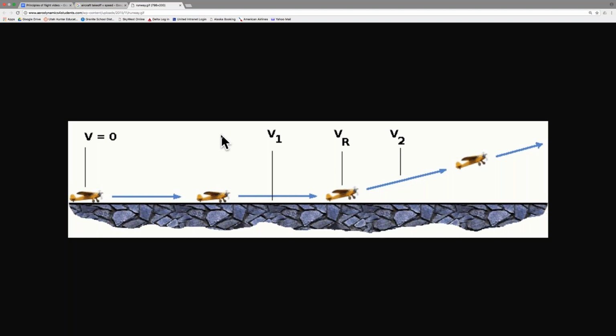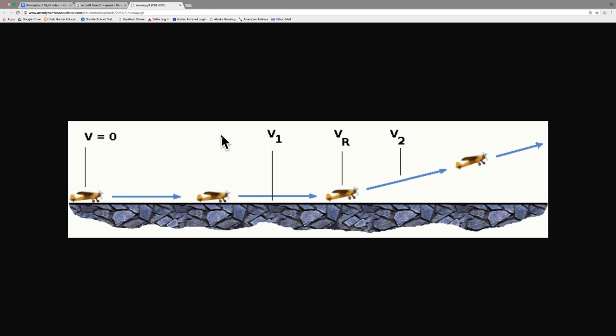Now there's dozens of other V speeds. V1, VR, V2 are the very important ones that we need to know. A couple other ones that are more for just reference that you may hear used is